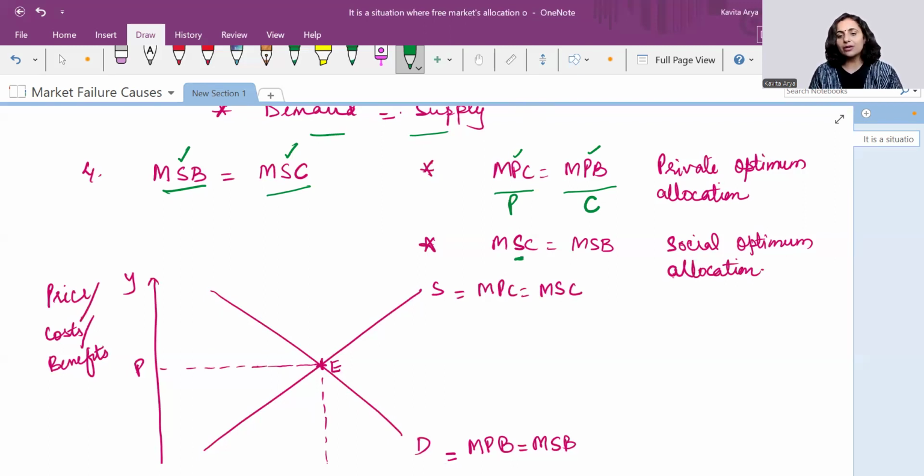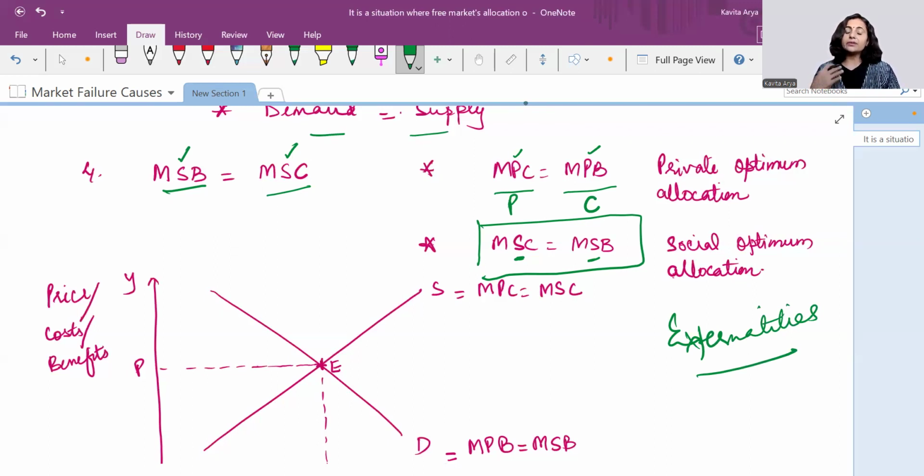But when we say social cost and social benefit, what does that mean? It simply talks about the externalities, and we have used this term previously also. What is externality? The impact on the third party without being engaged in that production or the economic activity. Third parties are who? They are the society, the common people, the environment, the other producers, resources. So these are the third party who are not actually there for the production or the consumption, but they have